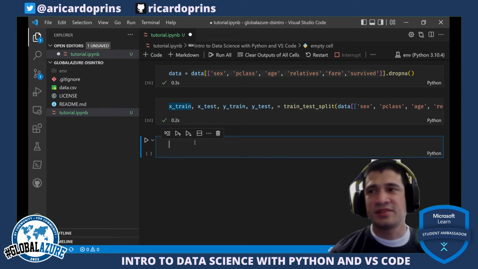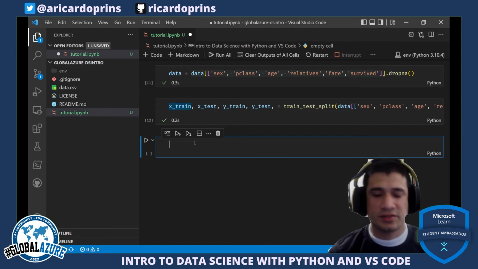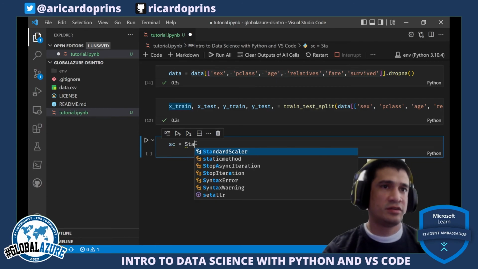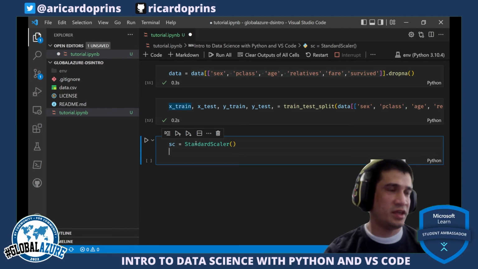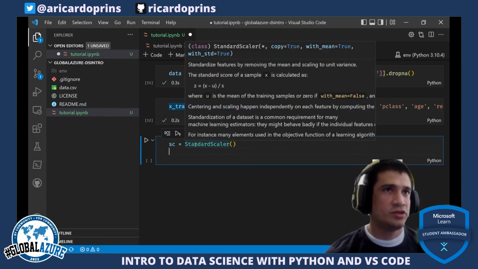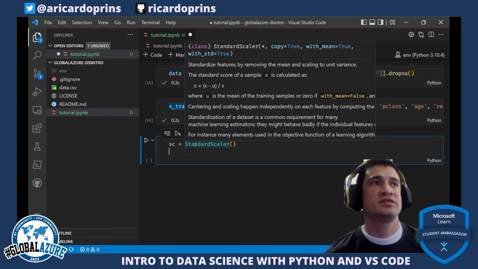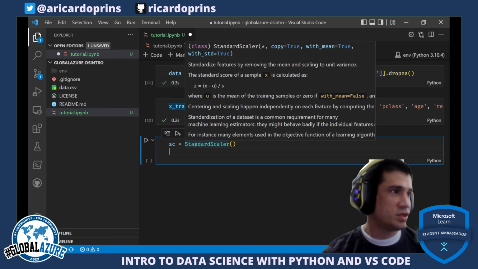And now let's standardize, let's normalize our data. And I can use automated tools. I'm going to use the standard scaler here that is going to scale everything to have the same range. So again, standardize features by removing the mean and scaling to unit variance. So I'm taking